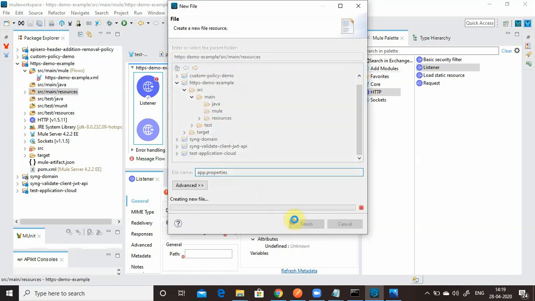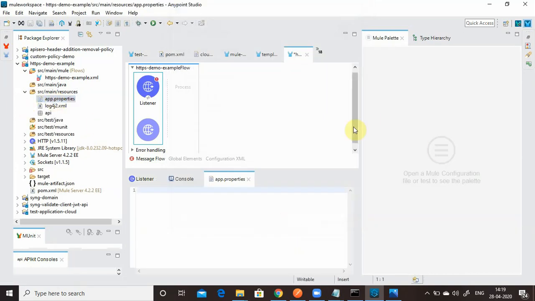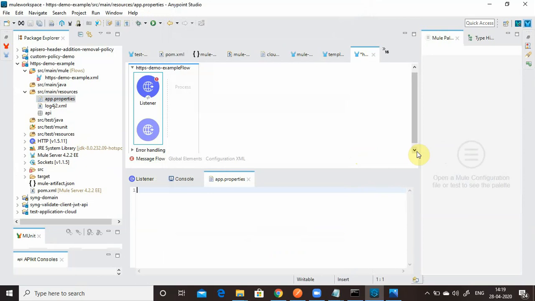One more thing: when you want to run your application on HTTPS on CloudHub on the shared load balancer, you need to deploy the application on port 8082. If you deploy our application on 8081, HTTPS will not work; it will work on the HTTP protocol.